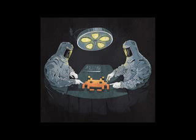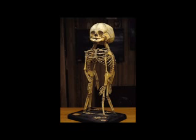Space invaders being dissected. So I had to include that one. Yeah, it was free. Yeah, now that one, yeah, poor bastard. That's human, by the way. But someone said it was an alien. Yeah, there's the rest of the body of